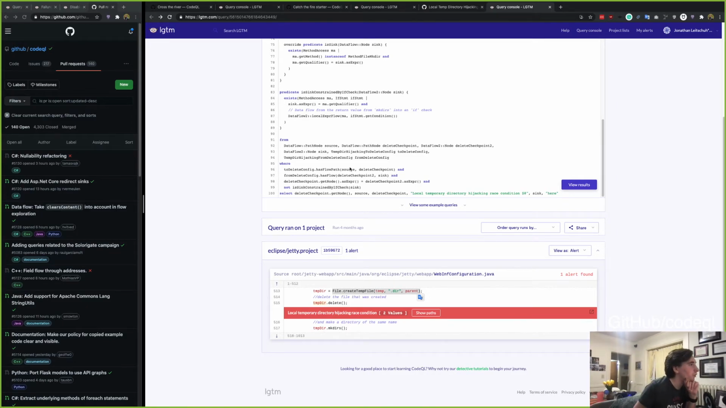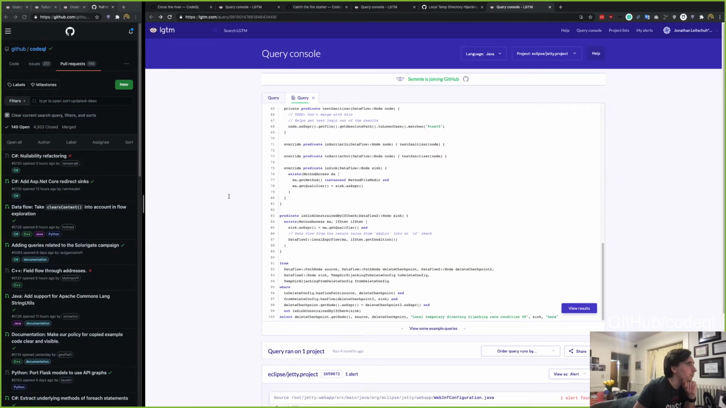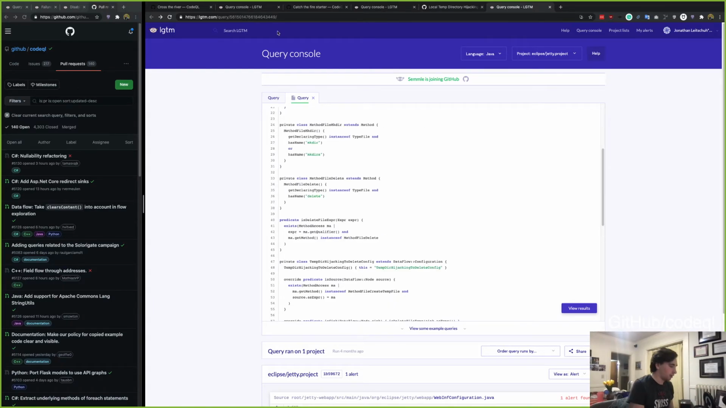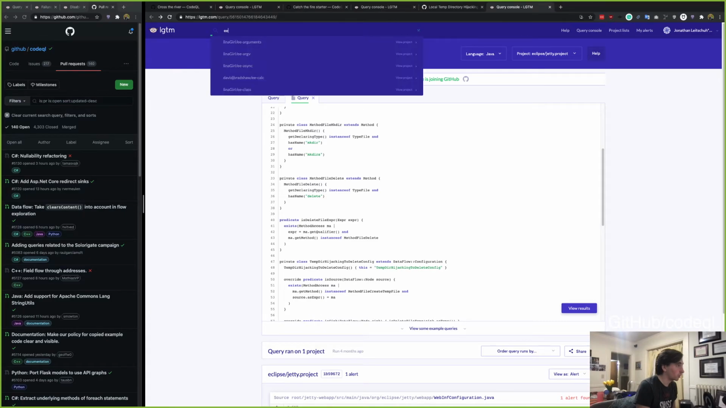Are there any other ones that are really interesting? Oh, you know what? The one that I like, I'm just gonna demo this not for the CodeQL query, but just for